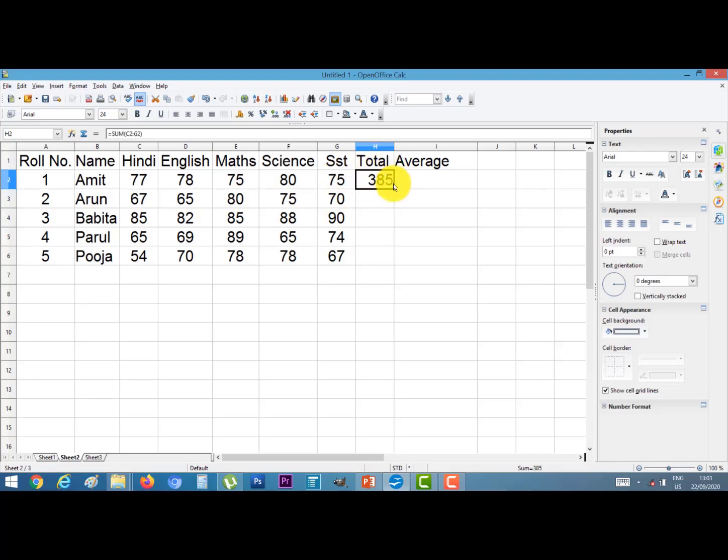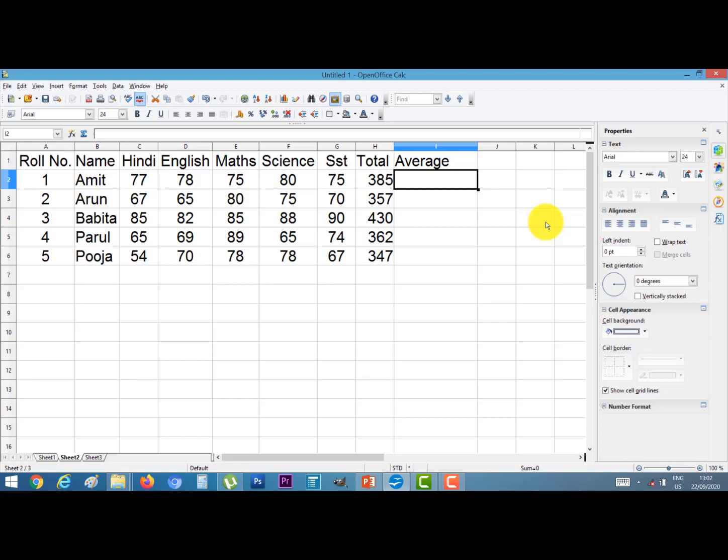Similarly, click on this cell. Here is a small black dot. Click the black dot and drag the mouse downward. The formula is automatically applied to all the rows. Now I want the average of these students.